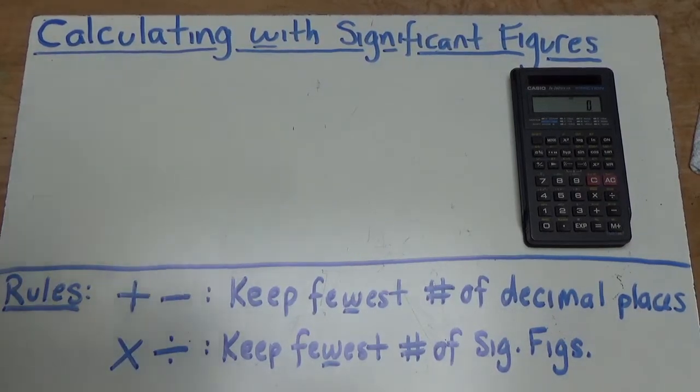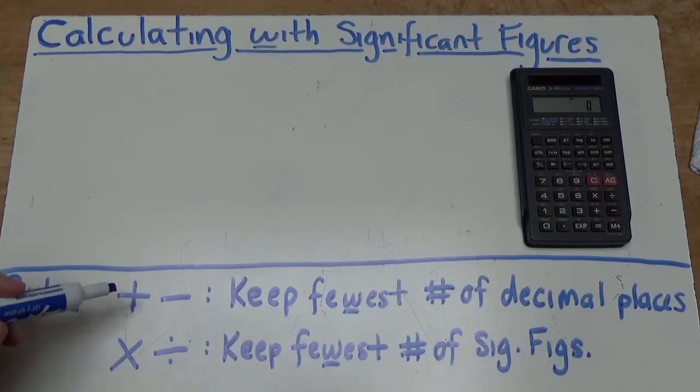Today's lesson, calculating with significant figures. When performing calculations with significant figures, there are a few rules to keep in mind. When performing addition and subtraction, your answer should keep the fewest number of decimal places from the numbers in the